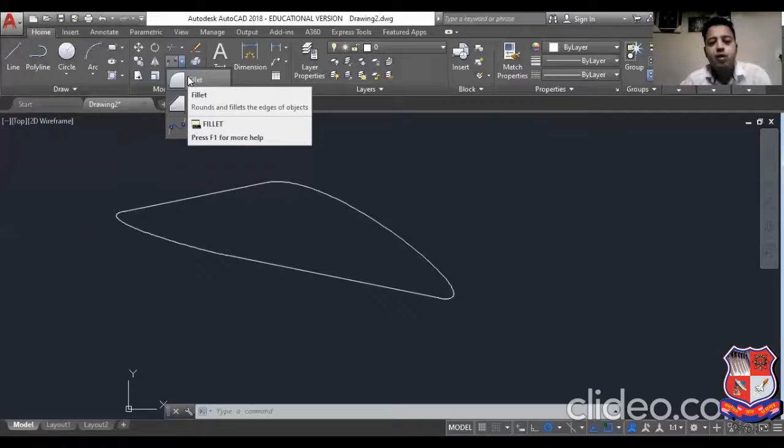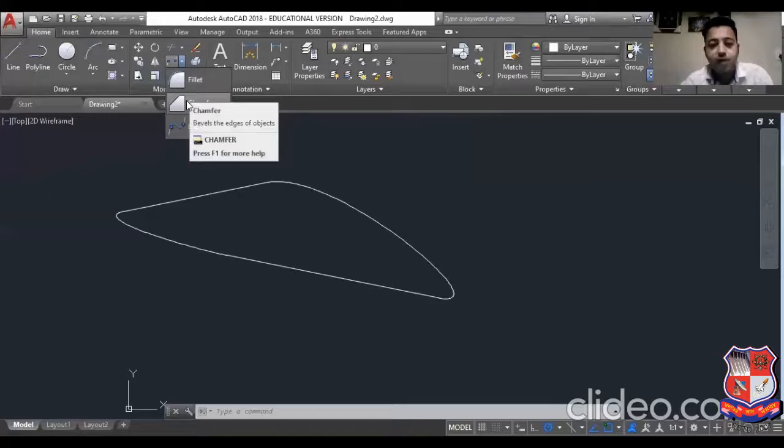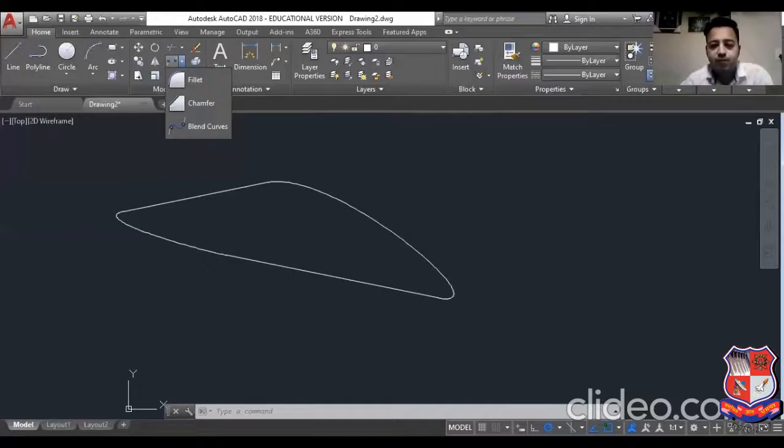Fillet is useful for smoothing the edge corner, chamfer is for beveling edges to create a bevel or cutting edge, and blend curves is used to connect the endpoints of two lines with a smooth curve. So we have seen all these modify commands: stretch, scale, trim, extend, fillet, chamfer, and blend curves.